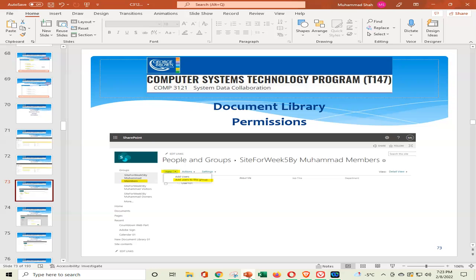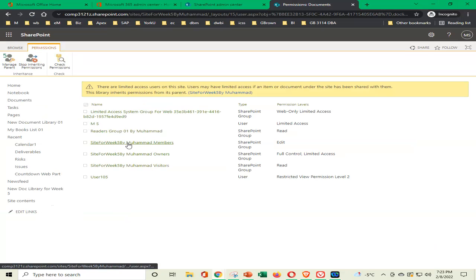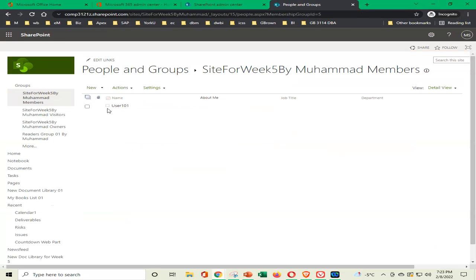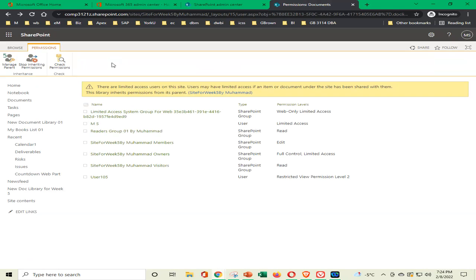Okay, so let's go back and see. These are our members. Click on it and we will see that user 101 is here. Before it was not there. So I will add just another user to show the functionality, how we can add it and how that works. For example, first I will test permissions for one user, if he has any permissions for this document library. I'm going to check permissions,